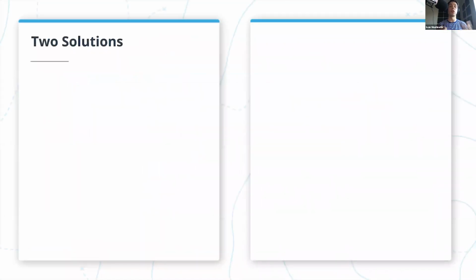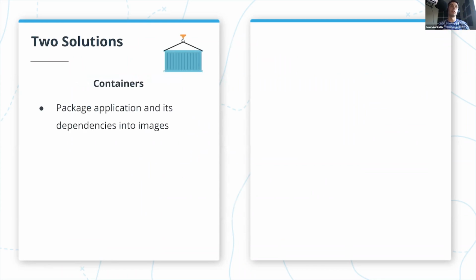And before we talk about containers as a service, we need to talk about two technologies that work together that make this possible. And the first one is containers. When we want to use containers, we have to package our application with its dependencies into what's known as container images. And then we can execute those container images. And when they are executed, this is called a container.